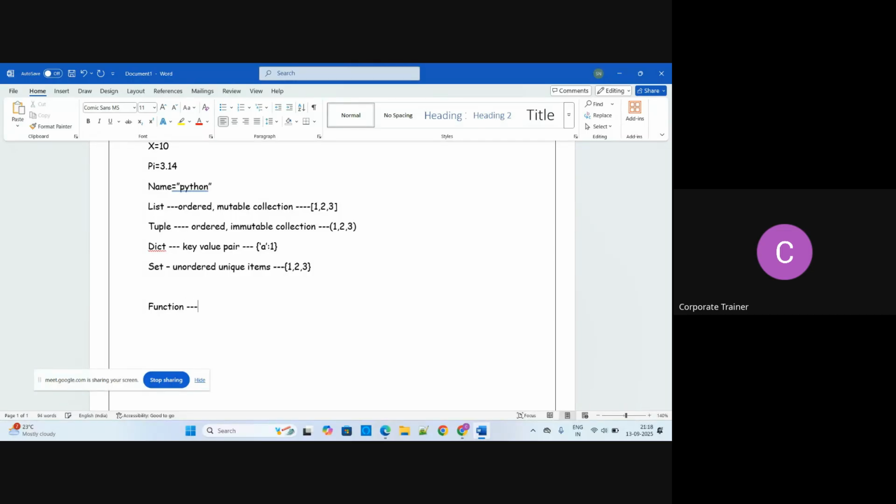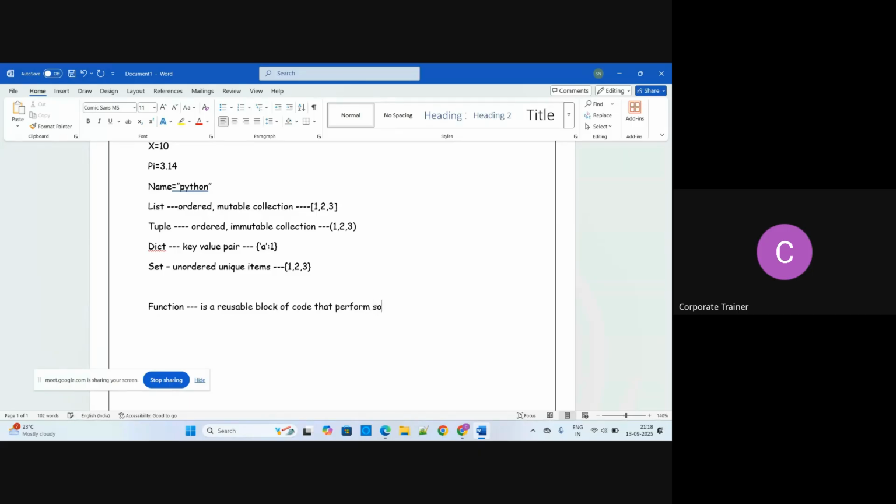Regarding function, if you go to an interview, some interviewers ask function questions. So a function is a reusable block of code that performs some specific tasks.